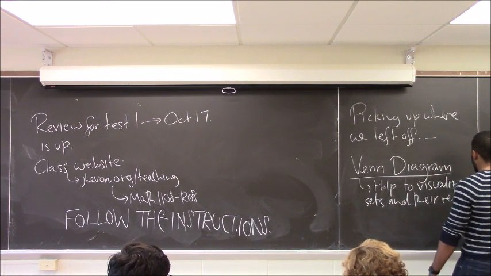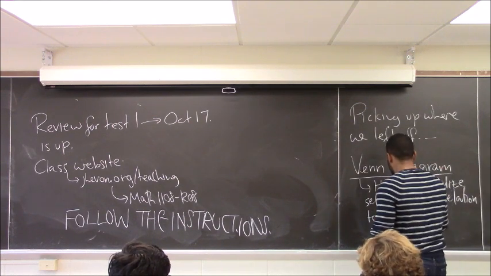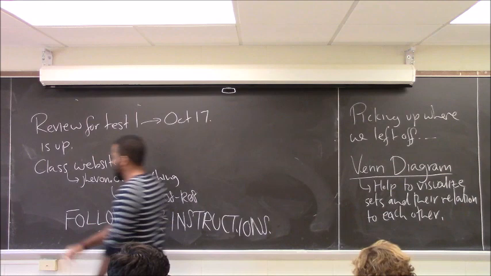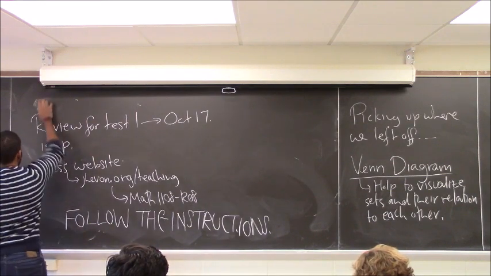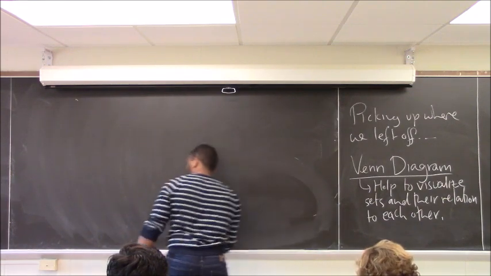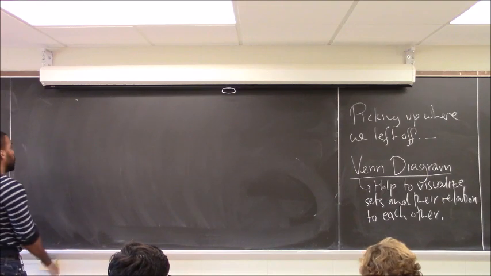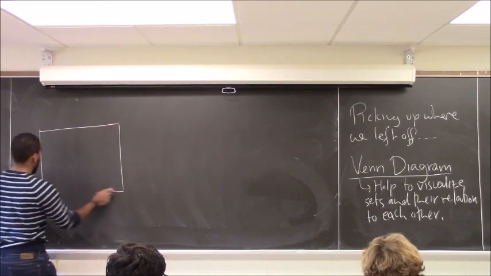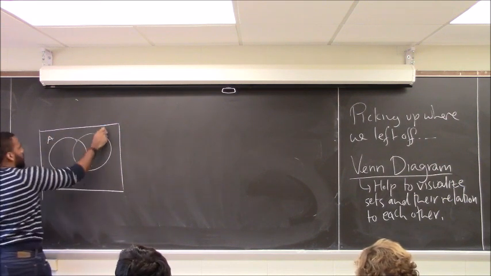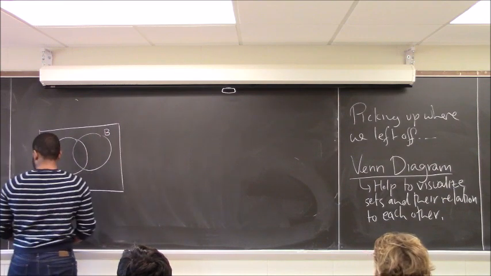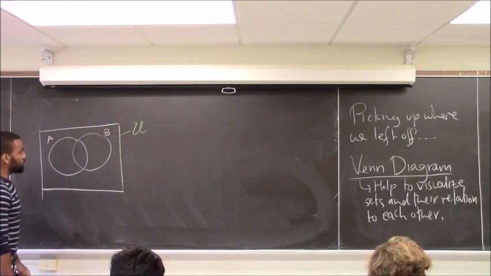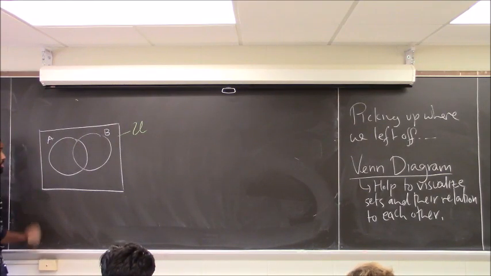Now, it was invented by a guy named Venn. I forgot his first name, probably John Venn or something. I don't remember. But the guy whose last name is Venn, that's why it's always uppercase V, made the Venn diagram. Now what these look like is a box, and the sets appear inside the box as ovals, so I can talk about set A and B. And then the box itself represents the universal set. Right, so that pretty much for the context of this problem would represent everything in existence,